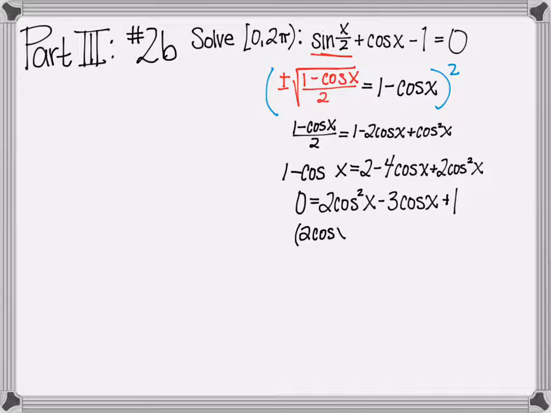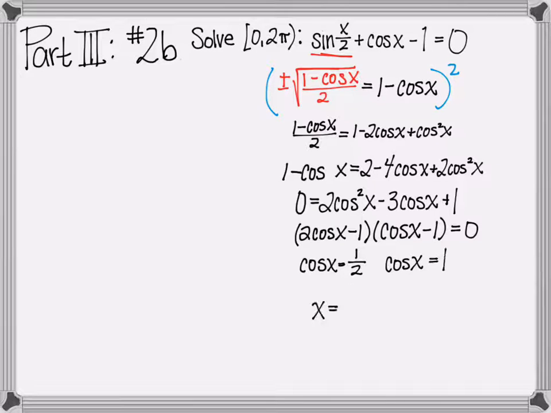Alright, so pausing, luckily this is a problem that factors into 2 cosine x minus 1 and cosine x minus 1. So both of these we can find solutions for, and I'm good there. Now remember, since we squared both sides at the beginning, you are supposed to check your